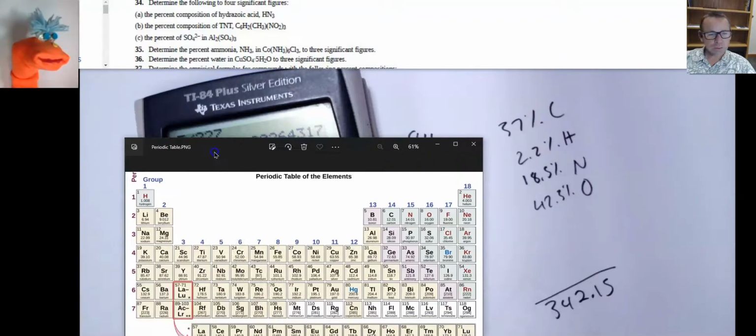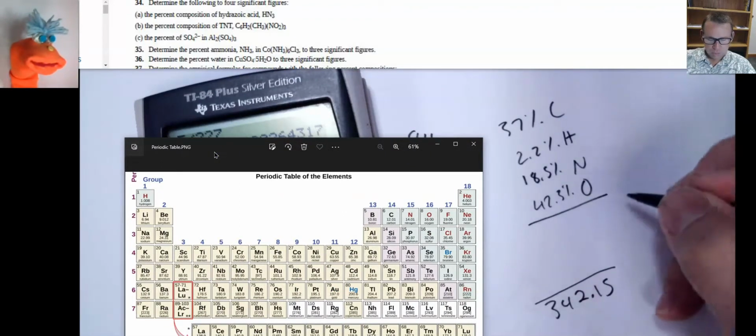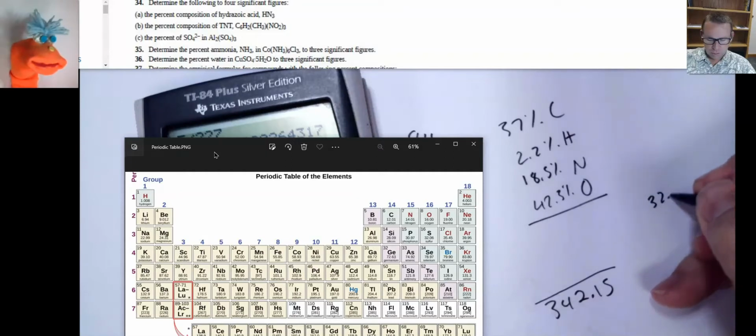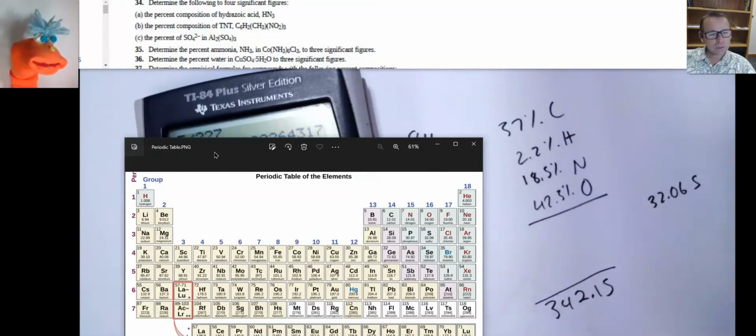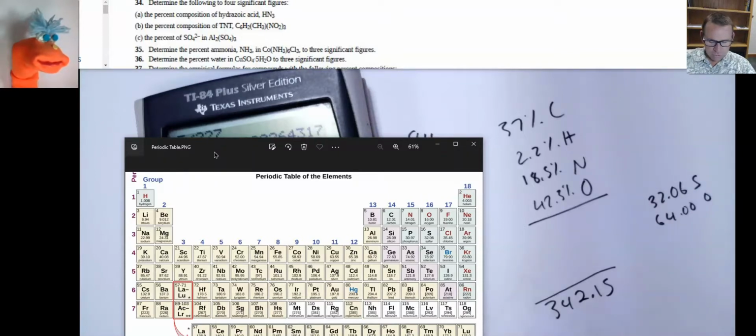Bring it over here. 32.06. That's for sulfur. And for oxygens, 16, 16, 32, 64 for oxygens. So 64 plus the 32.06, 96.06